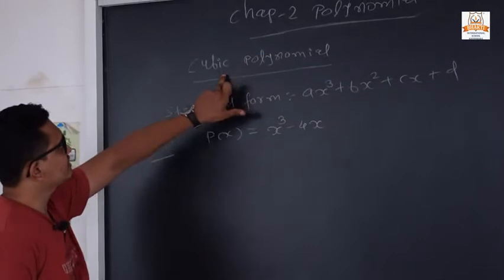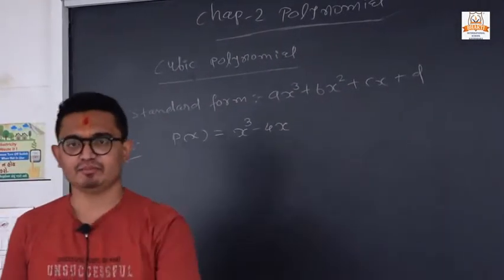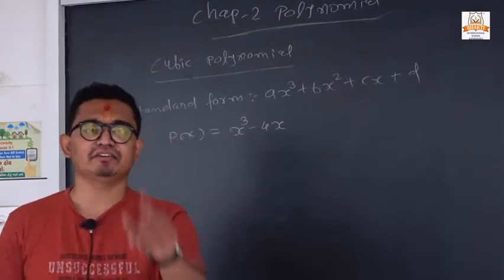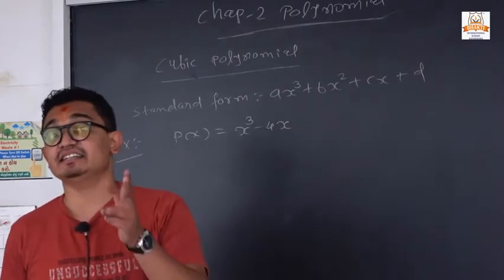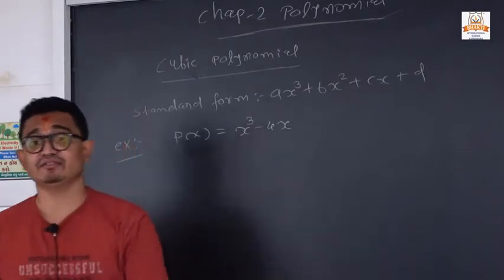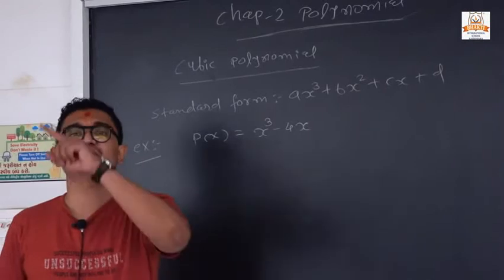Next topic. First of all, we discussed the linear polynomial. A linear polynomial has only 1 zero and its graph is linear. The second case is the quadratic polynomial. In a quadratic, x has the degree of 2, it has 2 zeros, and the graph is in the parabola shape.